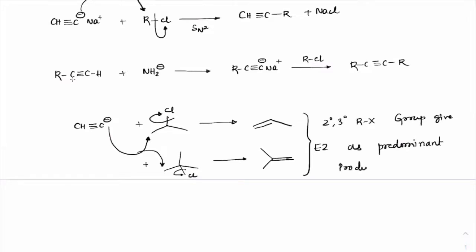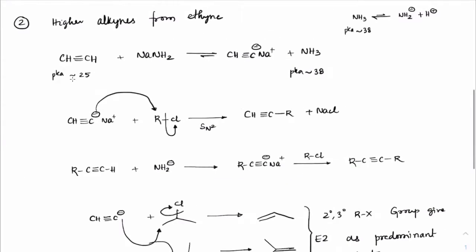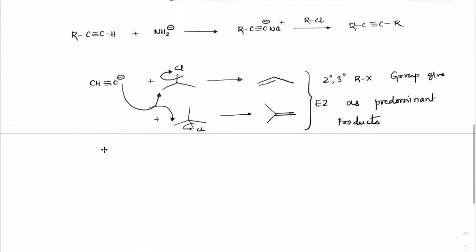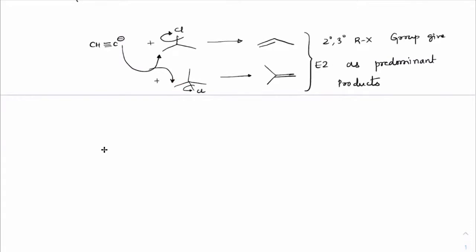Predominant products. Make a note, everyone. See how from lower alkynes, we can get higher alkynes. The one thing we need to be careful about here is that if you want to extend, the R has to be as primary as possible. When you have secondary and tertiary, the crowding increases at the beta position, so the SN2 reaction will become very less. For SN2, it has to be as less crowded as possible, right? Then what is the best route it will take? Because being a strong base, it will always go for the E2 mechanism.